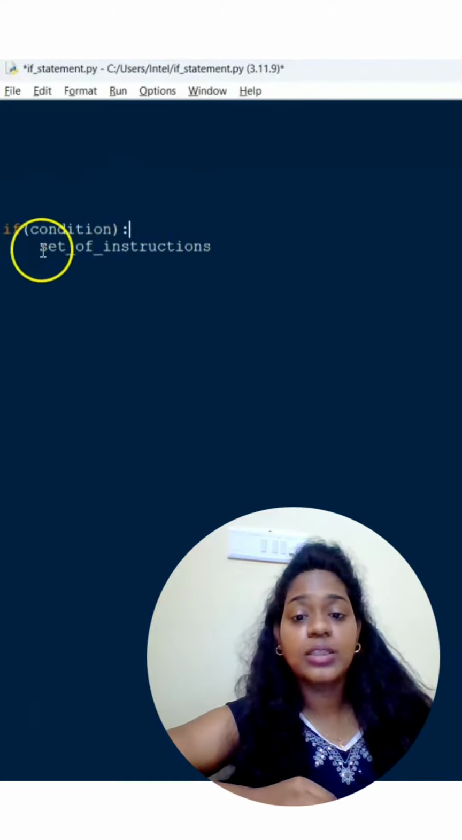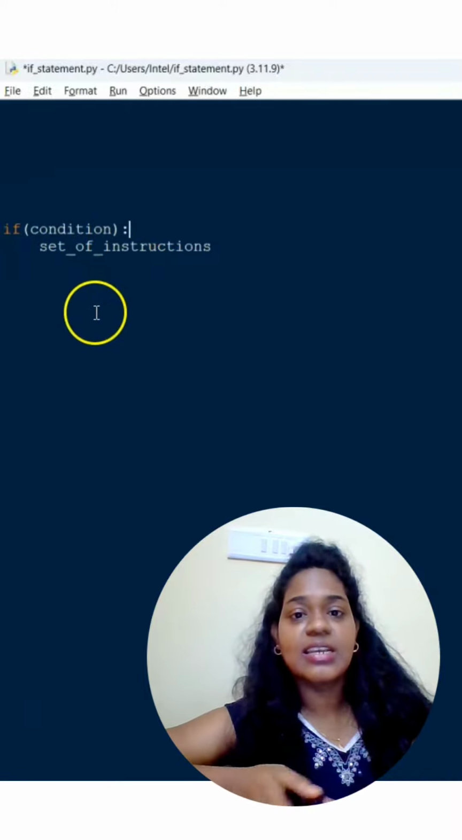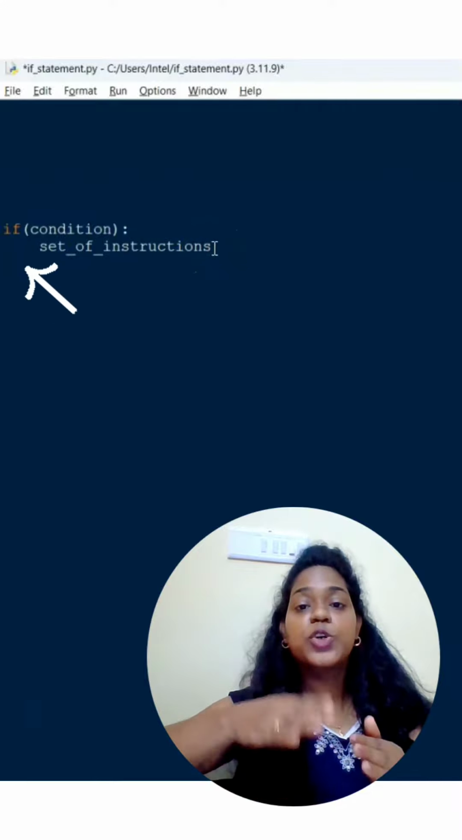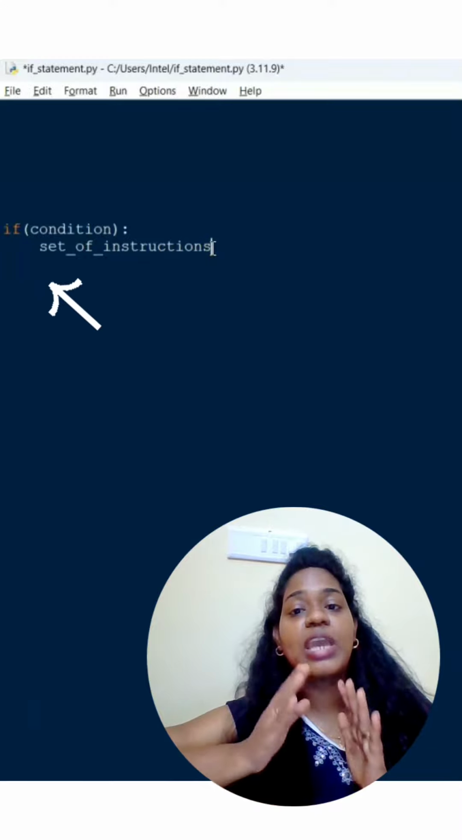The two important things to note are, one, a colon at the end of the if statement, and the second, a set of instructions should be typed after a tab space, which means once you go to the second line after your if condition, there will be a tab space, and then we have to start typing the